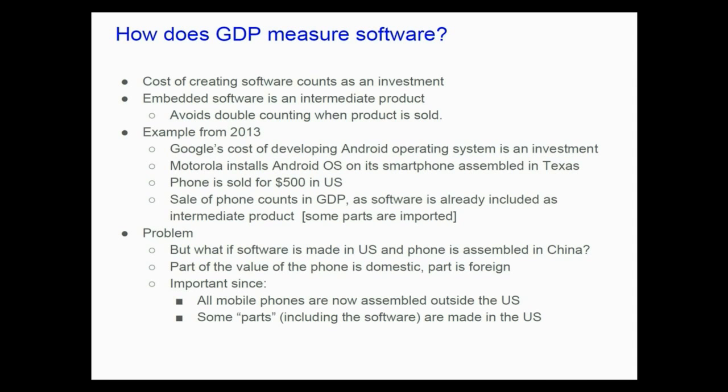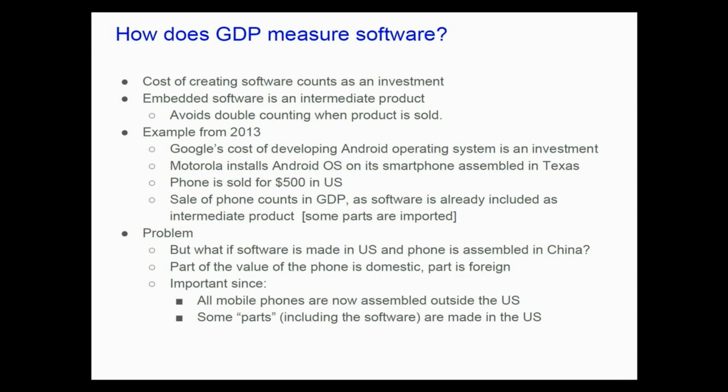We count embedded software that is embedded into a mechanical device as an intermediate product to avoid double counting. So back in 2013, life was simple. If you looked at the cost to develop the Android operating system, that was done in Mountain View, and that was viewed as an investment. And we owned a company, Motorola, that installed the operating system on its smartphones, which were actually assembled in Texas, believe it or not. The phone is sold for $500 in the US, so the sale of that phone counts